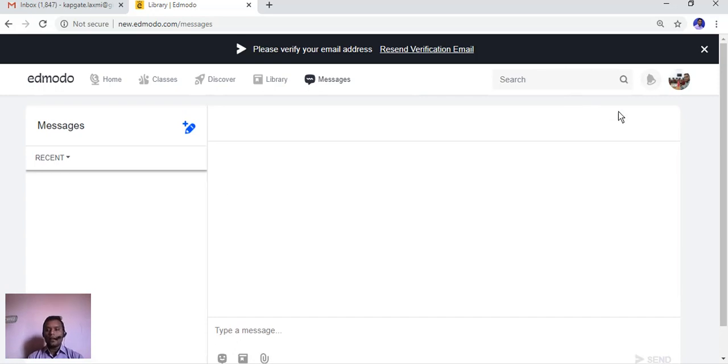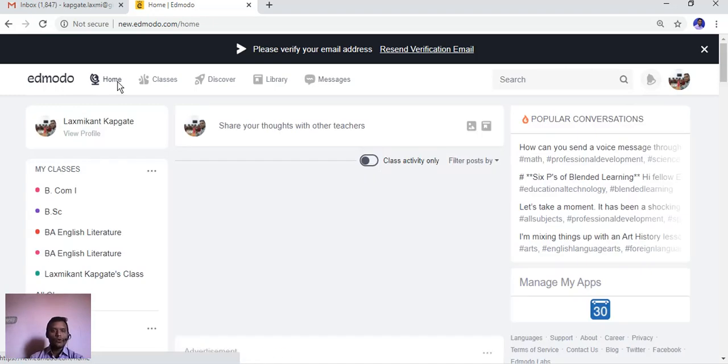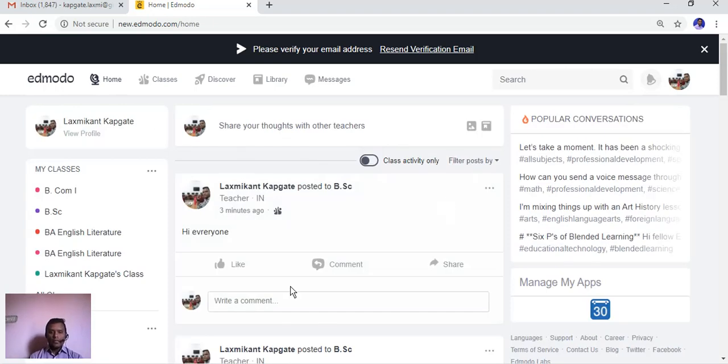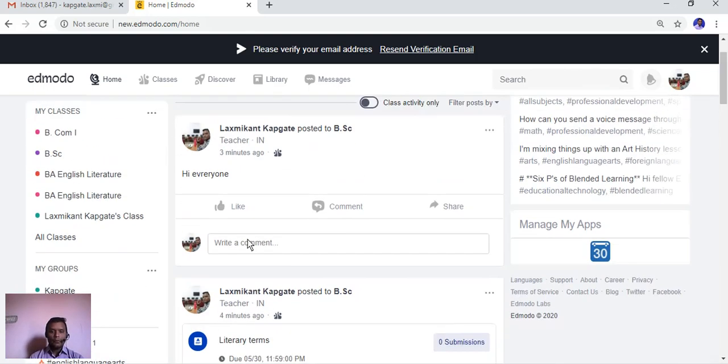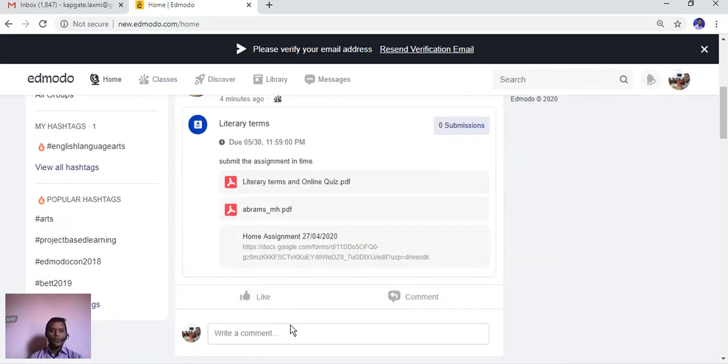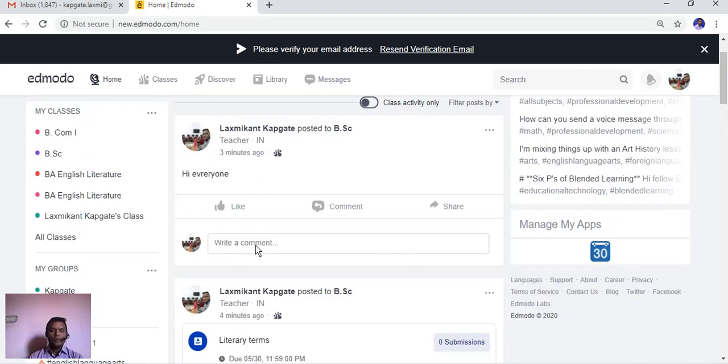So this is how we can develop our classroom on Edmodo. Then you can go again to home, where you will be surprised to know that this has like, comment and share. It is like Facebook. Because the developers are from an American company, the design is like Facebook. So I hope that you will handle this easily, and there is no need to get confused with this application.